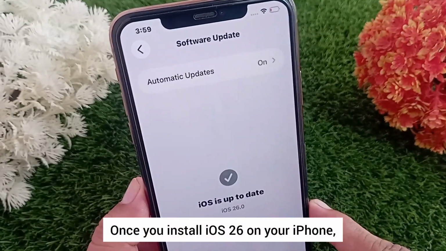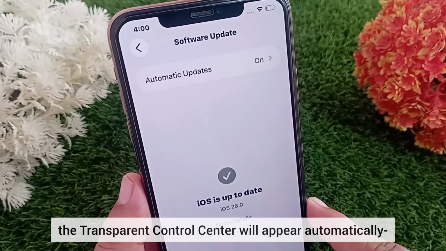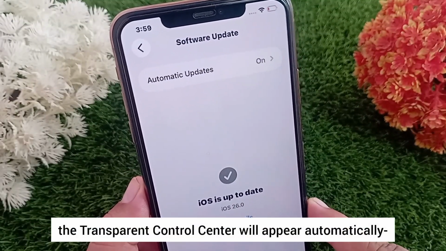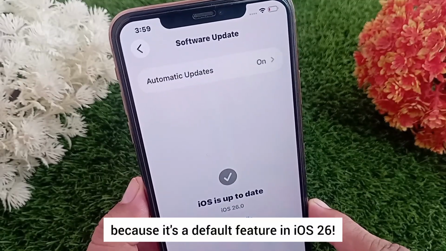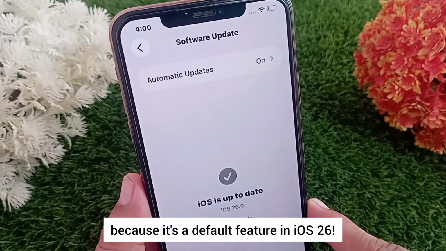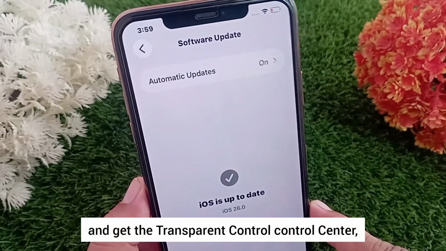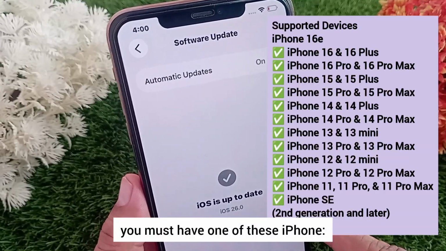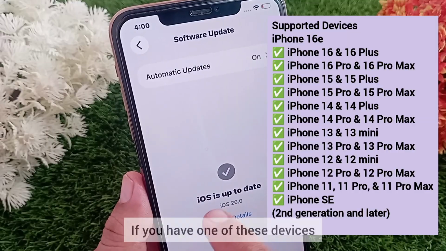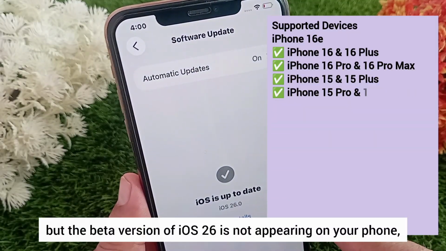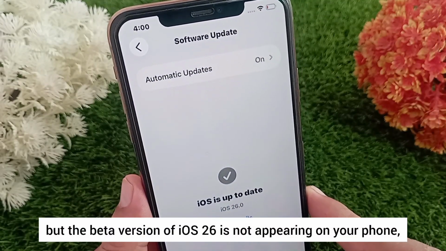Once you install iOS 26 on your iPhone, the transparent control center will appear automatically because it is a default feature in iOS 26. To install iOS 26 and get the transparent control center, you must have one of these iPhone. If you have one of these devices but the beta version of iOS 26 is not appearing on your